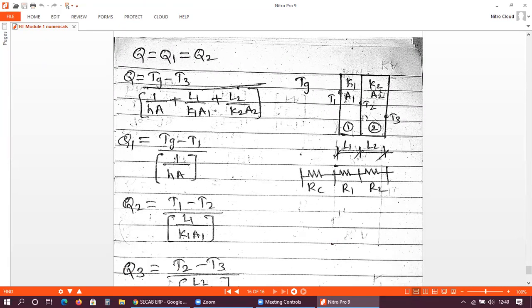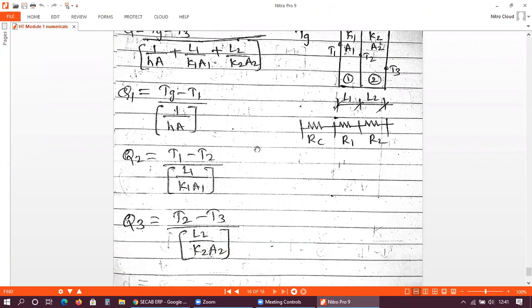So you can see here the composite wall. This is a composite wall whose inner surface is subjected to the convective mode of heat transfer. Here there is gas. Because of this gas, the heat transfer will take place from the gas to this wall, then to this intermediate wall, and later on to the extreme right surface of the wall. So this is how you have to generate the equations here.